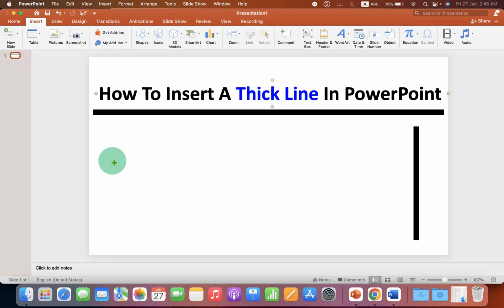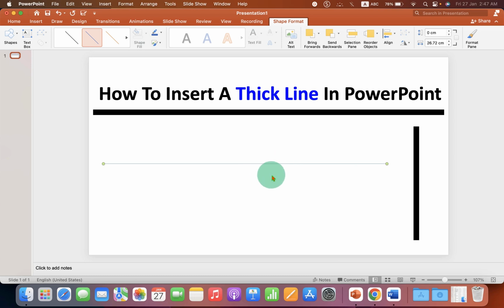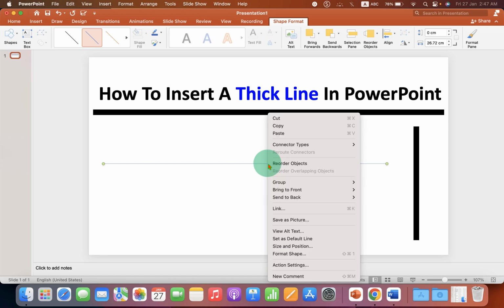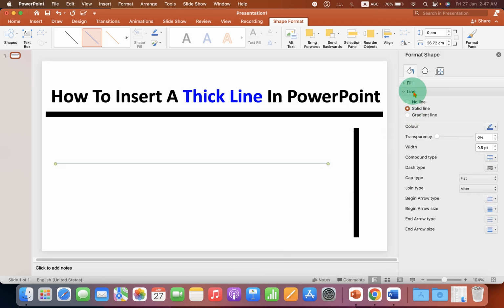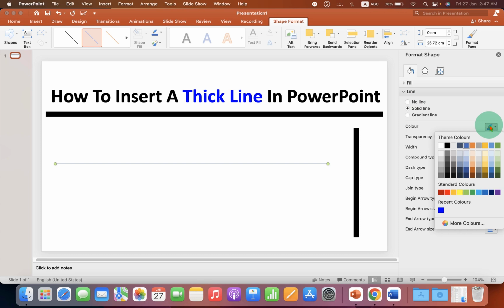Now press Shift on your keyboard and hold the Shift button and draw a line so you will get a straight line. And now to increase the thickness of this thin line, right click on the line, go to the Format Shape. Under the line option here, change the color to the color you like,